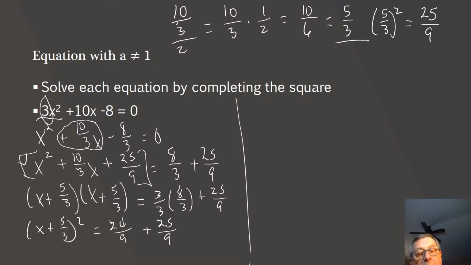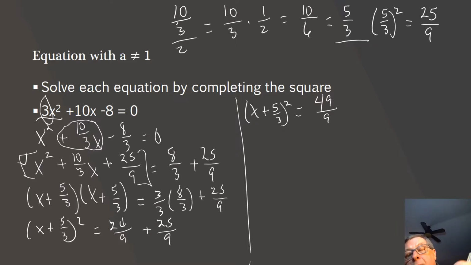I'm going to draw a column here. And so then we got x plus 5/3 squared equals, let's see, 24 plus 25 is 49, 49 over 9. Now we're going to take the square root of both sides,